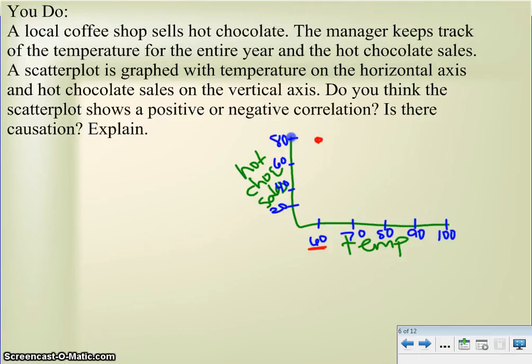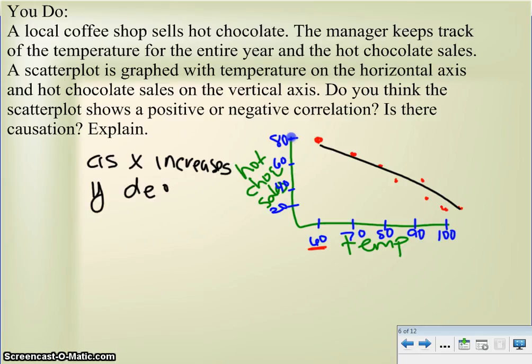But as it gets warmer, people start looking at other things like iced tea, ice cream, and good stuff like that. So what we see is that as the temperature increases, or as X increases, what's happening to Y? And you see that Y is decreasing,